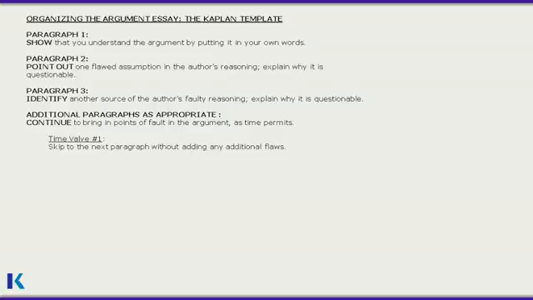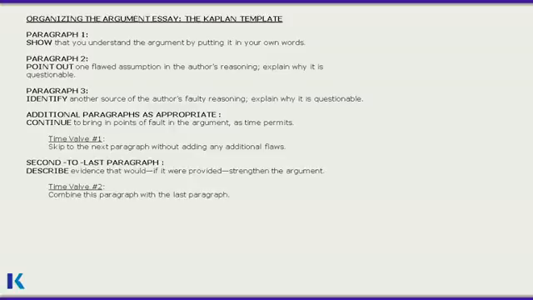In each of these paragraphs, you can bring up theoretical additional evidence to drive home your points. This evidence would undermine the assumptions and weaken the conclusion in the argument. Your second to last paragraph explores ways the author could have better crafted the argument. Show how the author can strengthen his argument. Describe evidence that could make the conclusion more likely to be true. The highest scoring essays not only tear the author's argument apart, but also show how the argument could be remedied